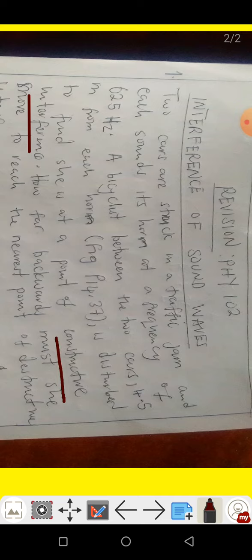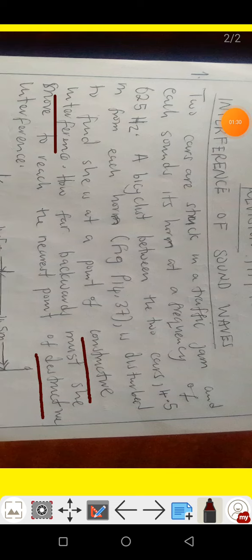So how far backwards must she move to reach the nearest point of destructive interference? Okay,